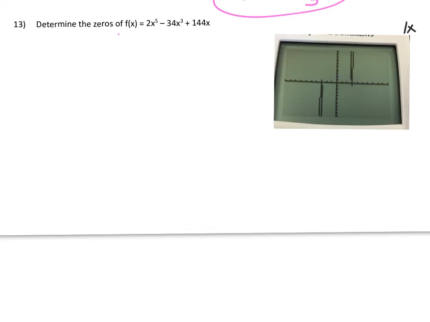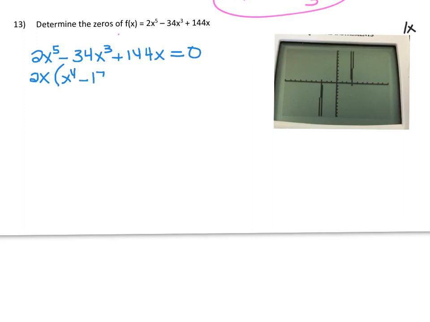So if we want to solve this algebraically, we're just going to take the function. And if you want to determine the zeros, all you do is just set it equal to 0. All right, so let's solve this. Now, the first thing I'm going to do is ask, can I factor out a greatest common factor? So yes, I can. I can factor out a 2x. Okay, so I'm going to solve this by factoring and making a t-chart. When I pull out a 2x, it leaves me with x to the 4th